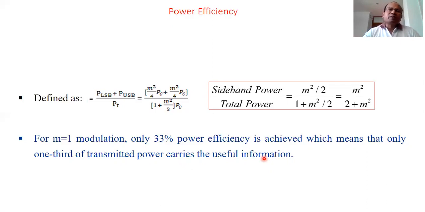We have drawn the spectrum. There we found that there is a carrier frequency. There are two other components, FC plus FM and FC minus FM respectively, called upper sideband and lower sideband. Both the sidebands and the carrier, if combined, are called the complete AM signal, which is double sideband full carrier. There are different types which are possible: double sideband full carrier, and double sideband suppressed carrier, where we can suppress the carrier and send only the sidebands, because that is possible.